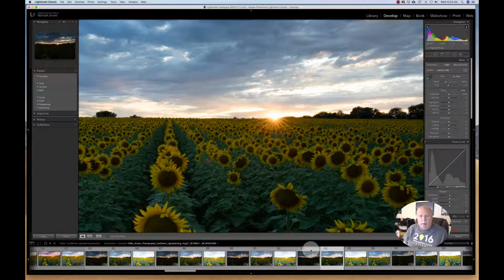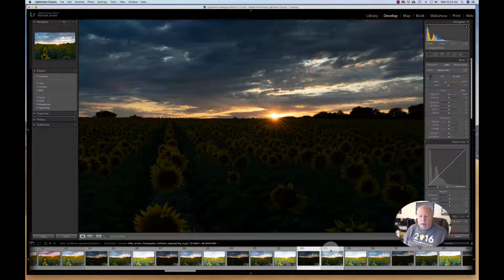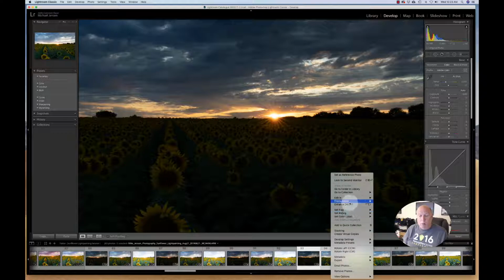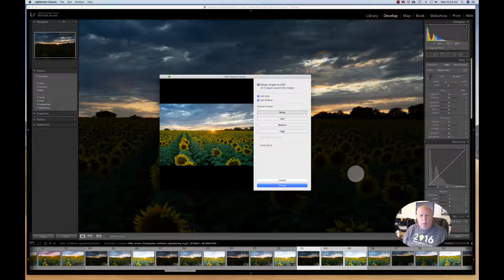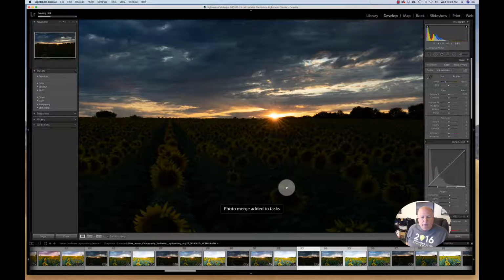And to get the HDR image, what I do is I just select all 3, and you'll see down at the bottom of the screen I'm selecting all 3. And I do a lot of keyboard shortcuts and a lot of right clicks. So if I right click here and go up to Photo Merge and go to HDR, it will bring up the HDR merge preview, and it'll say, hey, do you want to do that? I'm like, yeah, I want to do that. So it'll go through the process of